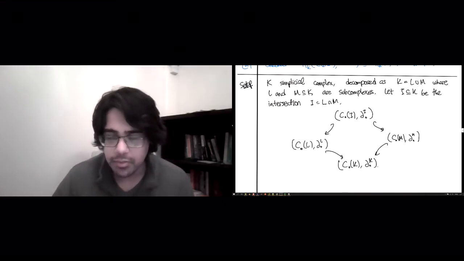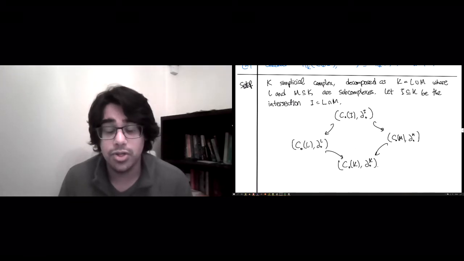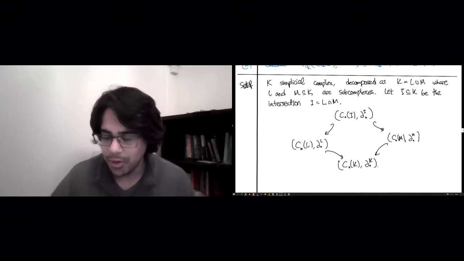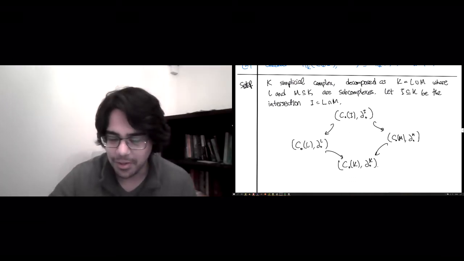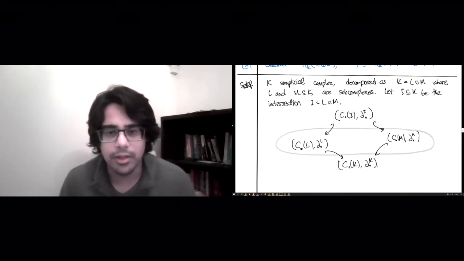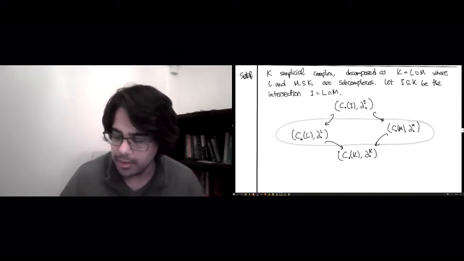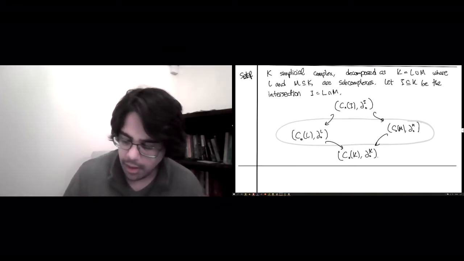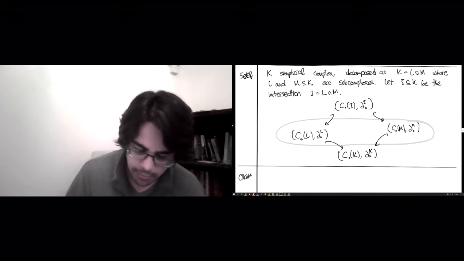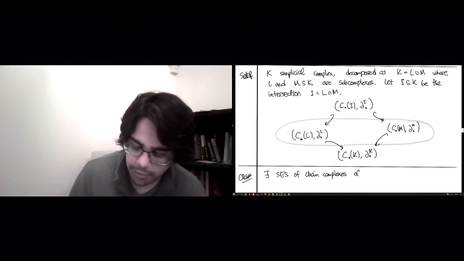Okay, so from this we want to produce a short exact sequence, which, if you remember, requires 3 terms, not 4. The goal is to create a short exact sequence, and we'll do it by globbing these two annoying terms together into one by passing to their direct sum. So here is the claim: that there exists a short exact sequence of chain complexes of the form